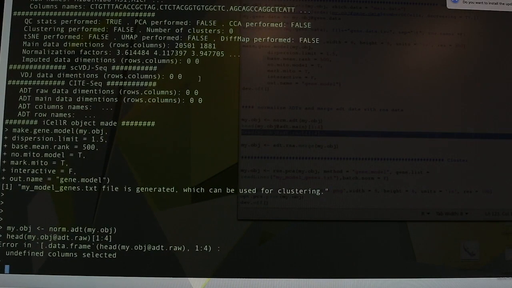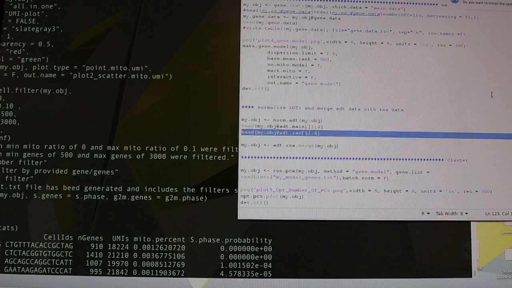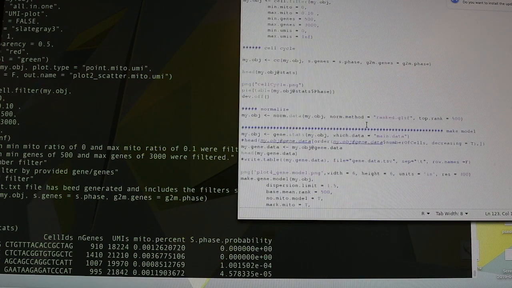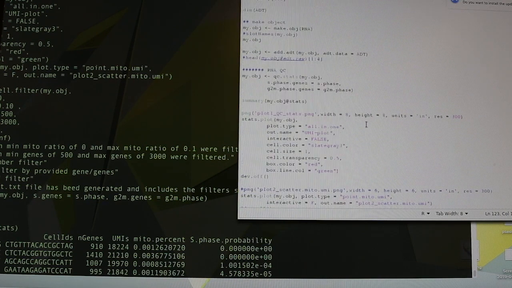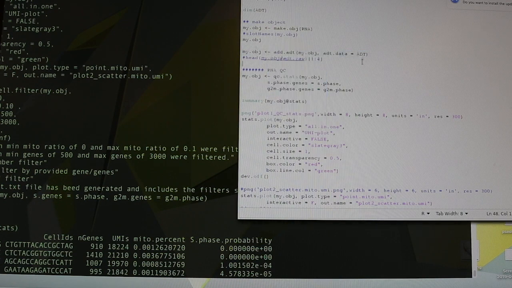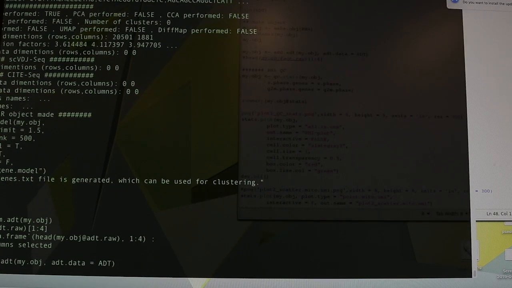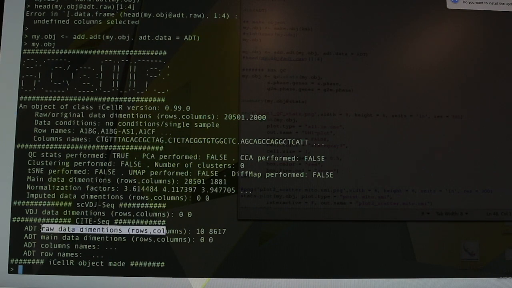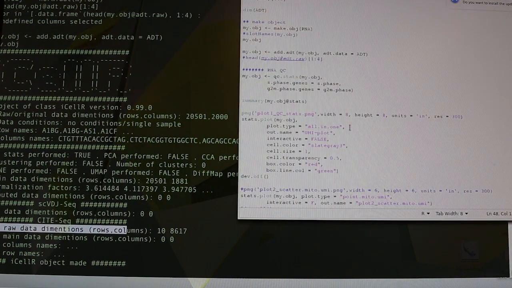Wait, what happened? Raw ADTs. Oh, we haven't looked. Yeah, we haven't added the ADTs to the object yet. So that should be add ADTs. Did I have it here already? Yeah, add ADT. So here you already read the ADT data to the ADT object. Now it's added to the iCellR object. If you just look at it right now, you have your raw ADT data already updated there. So now after normalizing it,